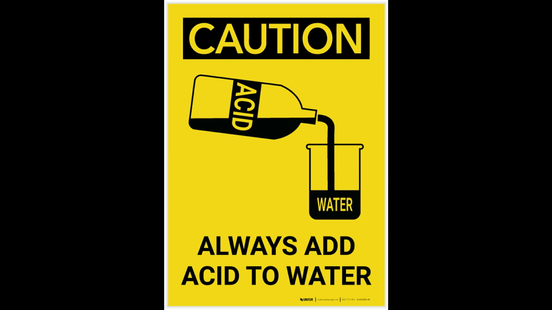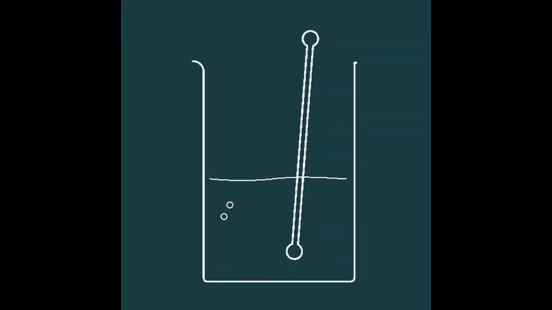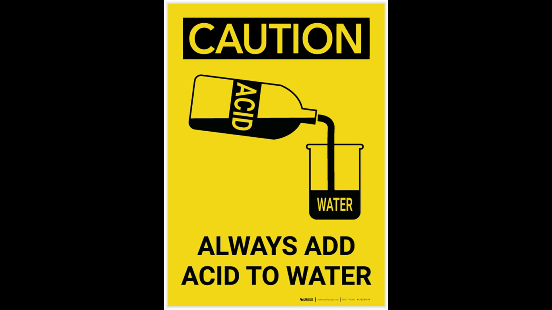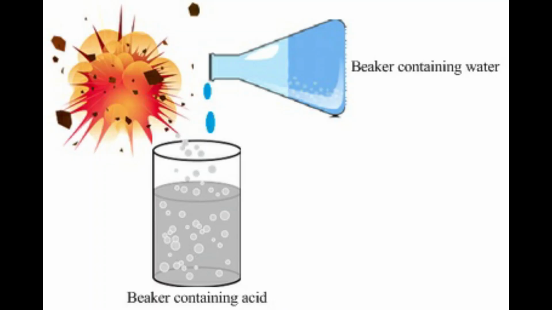Now the process of dissolving an acid or base in water is highly exothermic, which means it can produce a lot of heat. So you must be very careful while adding acid. It must be added slowly to water with constant stirring. There are always warning signs given on most of the acid cans which say that the acid is to be poured into water, but not the water into the acid. Remember, if you try to pour water into an acid, it might splash right out and cause a lot of damage.